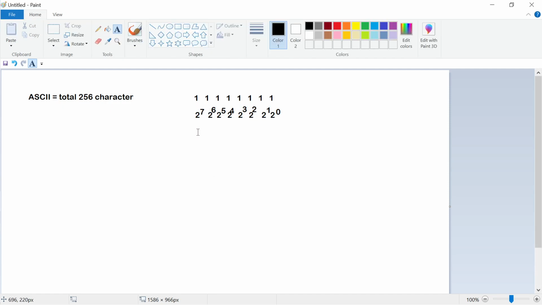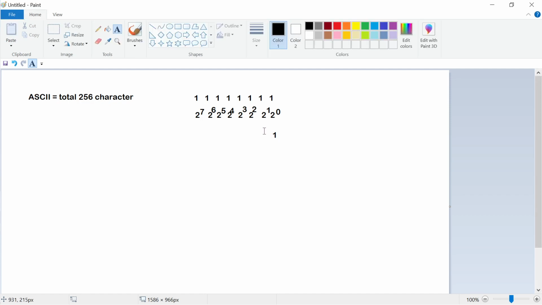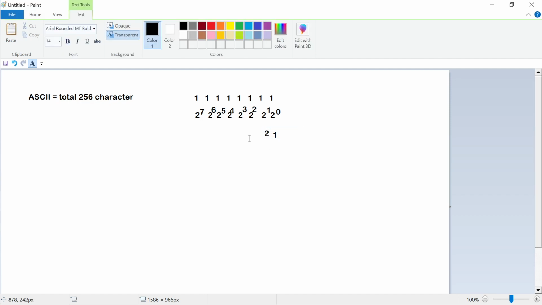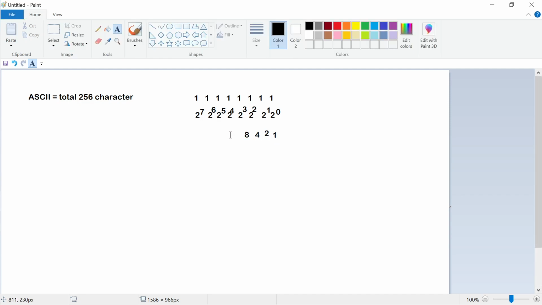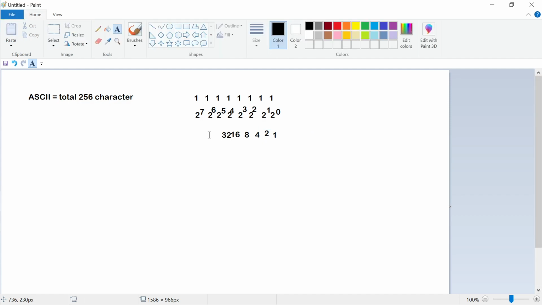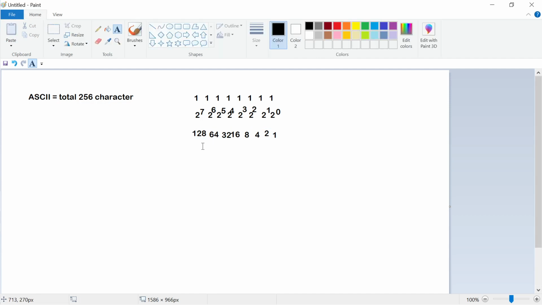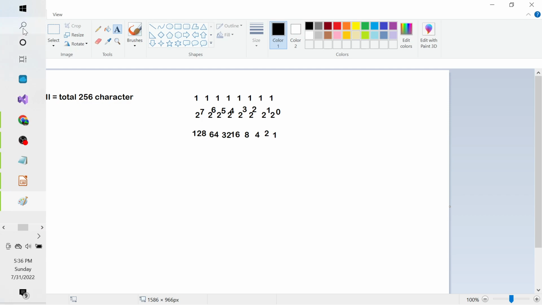तो फिर इसका वैल्यू हम नीचे लिखेंगे, 2 पावर 0 इज 1, 2 पावर 1 इज 2, 2 पावर 2 इज 4, 2 पावर 3 इज 8, 2 पावर 4 इज 16, 2 पावर 5 is 32, and 2 power 6 is 64, and 2 power 7 is 128. अभी ये सब नंबर्स को हम ऐड करेंगे तो कौन सा नंबर मिलेगा, तो वो देखते हैं।